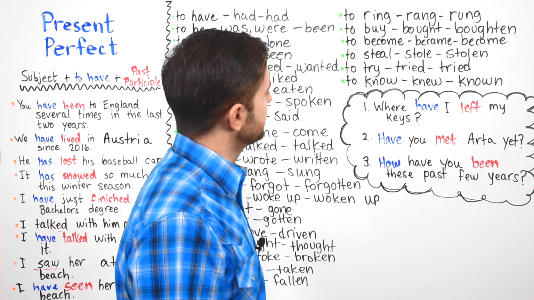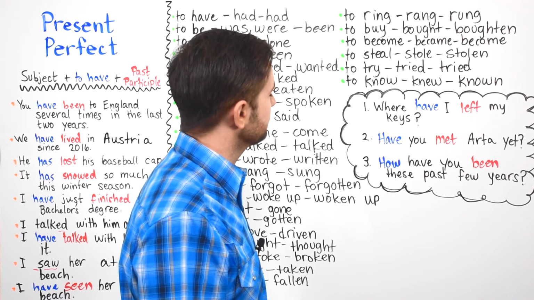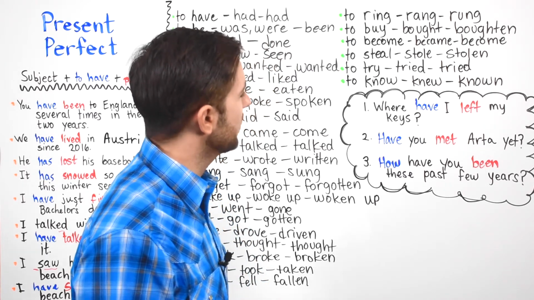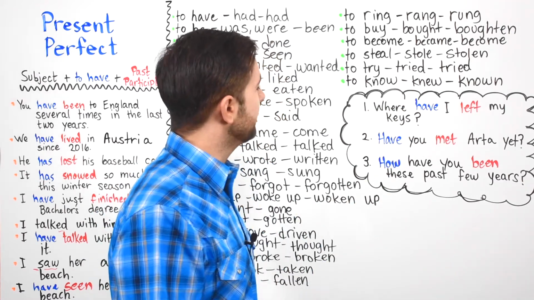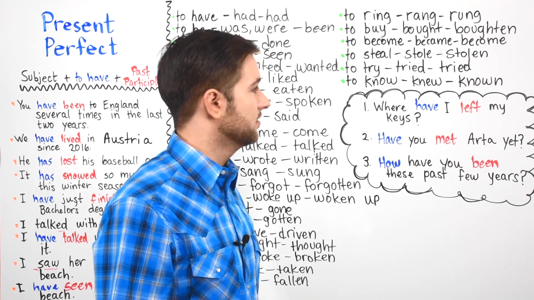Buy, bought, boughten. To become, became, become. To steal, stole, stolen. To try, tried, and then we have tried again. So these two are the same. And then finally we have the verb to know, okay? Knew and known. For example,